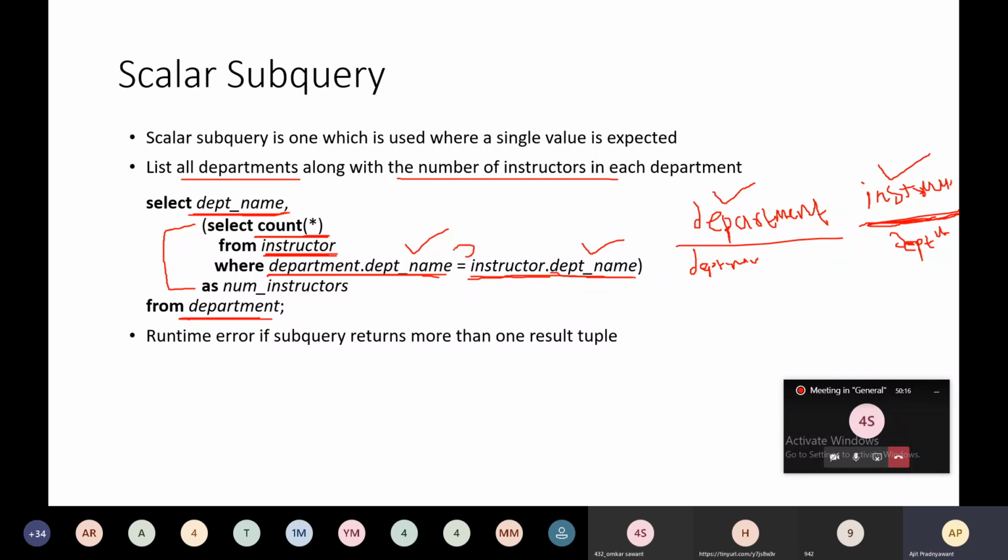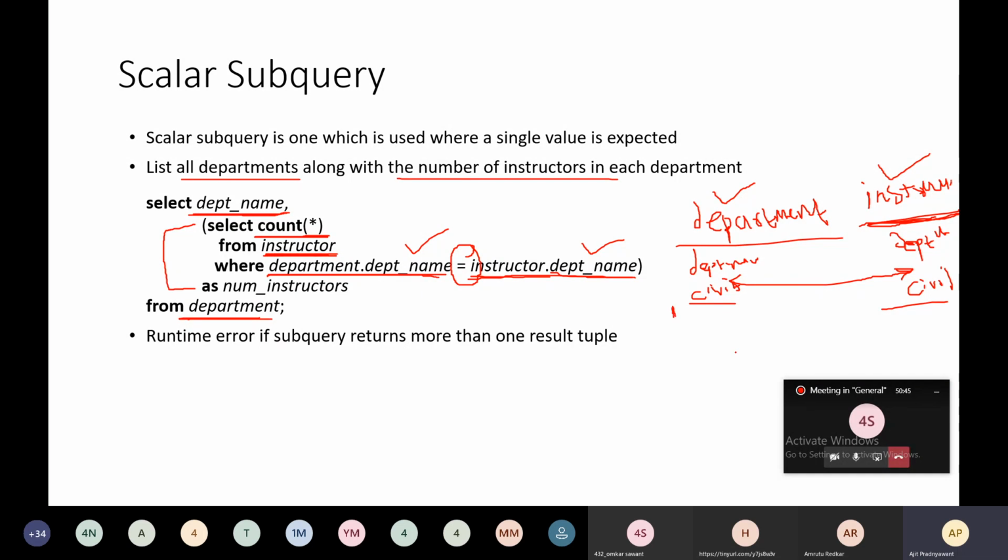And here what we have done is we have checked for equality. Both should be equal. Whatever department is present in the department relation, for example the civil department, the instructor's department should be civil. If both are civil, then it will count it as 1 and retrieve the tuple.